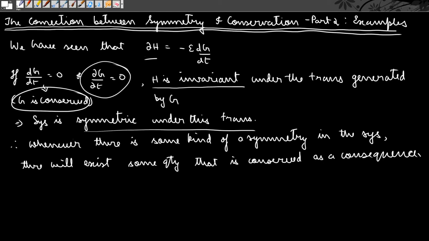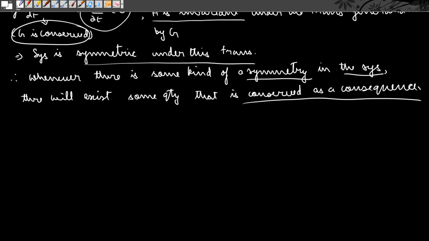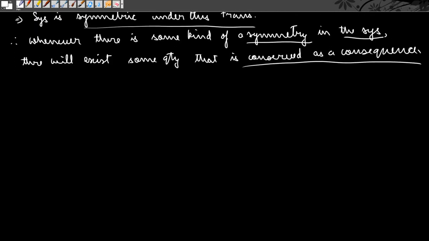So whenever there is some kind of symmetry in the system, it must lead to some quantity that is conserved as a consequence. And in this video we are going to consider some examples of the same. So as our first example, we will consider a case. Consider a cyclic coordinate